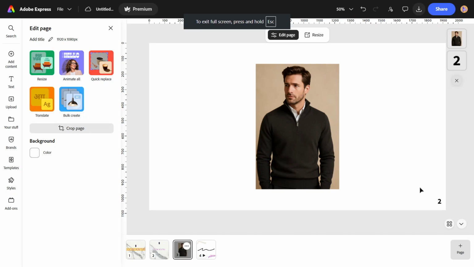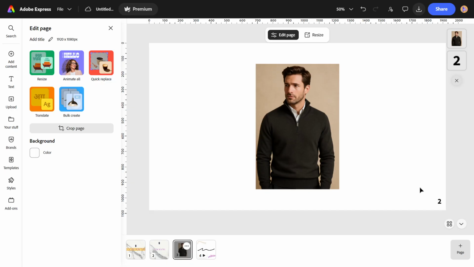In today's video, I'm going to teach you how to make background transparent in Adobe Express. If you want to quickly remove the background from an image and keep only the main subject, Adobe Express makes the process very simple. This is especially useful for product images, profile graphics, thumbnails, presentations, or any design where you want a cleaner and more professional look. I'll walk you through the exact process in a clear and easy way so you can follow